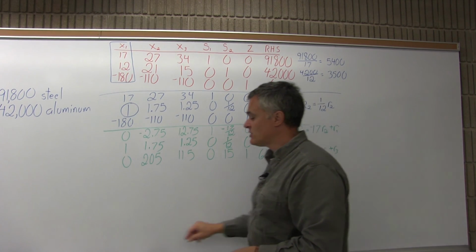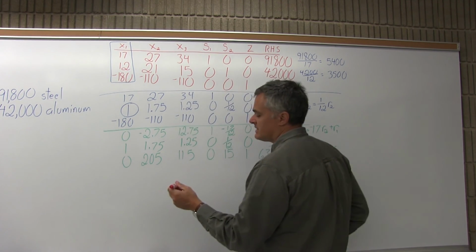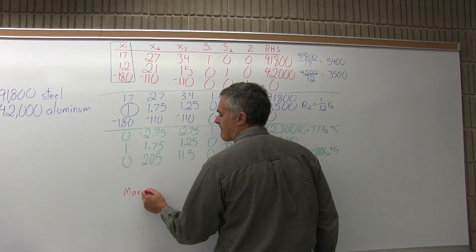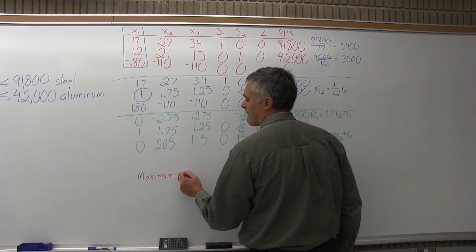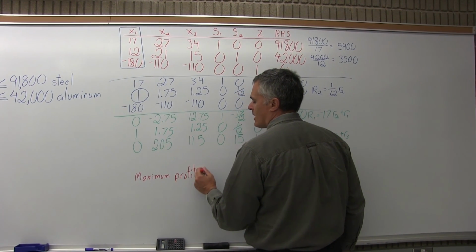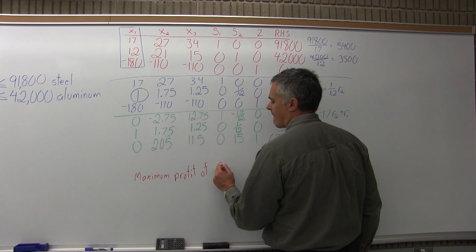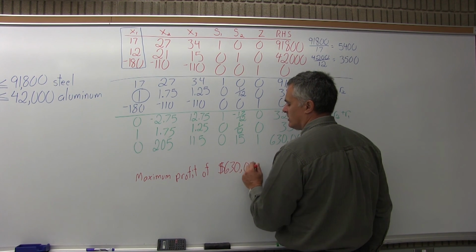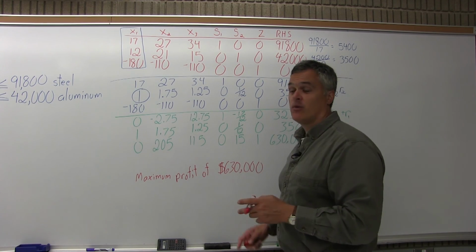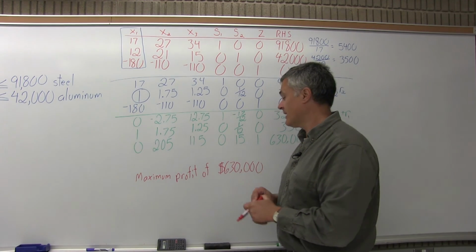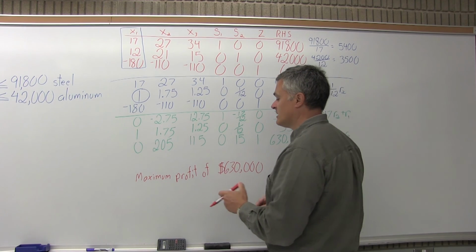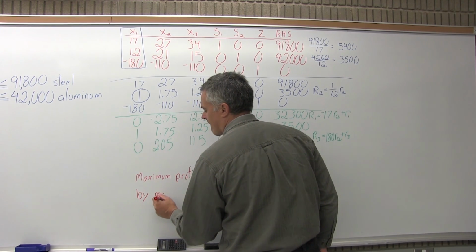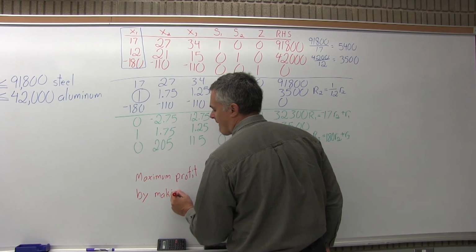So now to state your solution, I'm going to say maximum profit of $630,000. And now, how many bucks do you make to get that $630,000? So I'm going to say by making